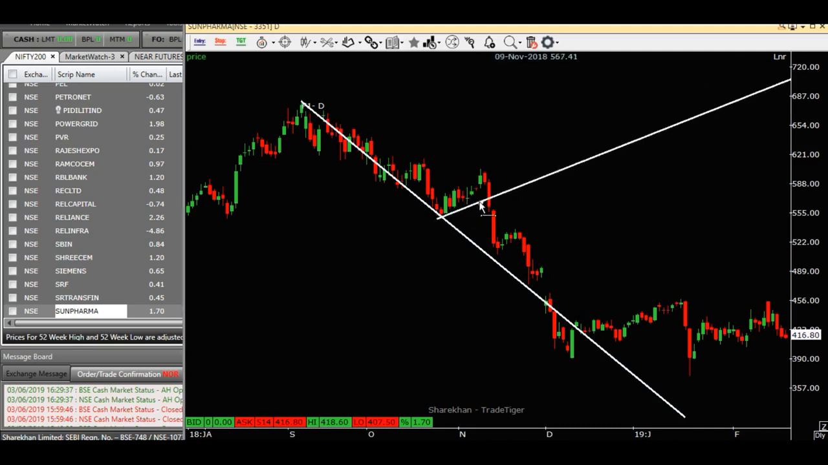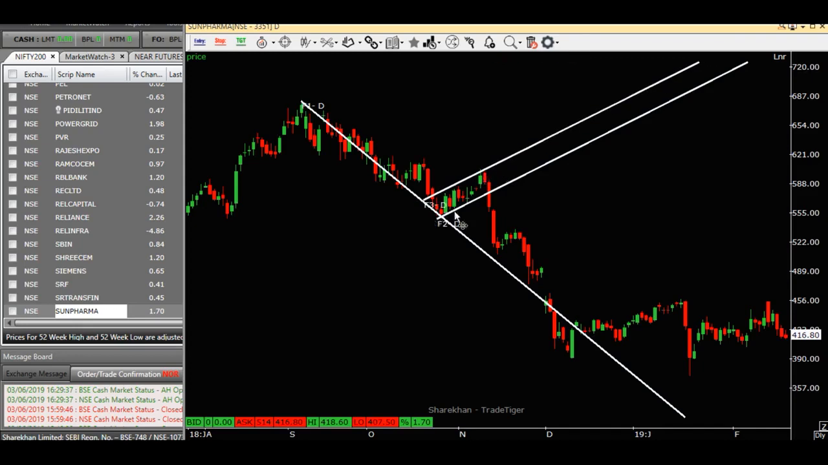followed by a pullback, right? A pullback is also some form of a consolidation, right? Because price was trending down nicely, and then all of a sudden the trend starts to lose its steam. Okay, now as it starts to pull back,